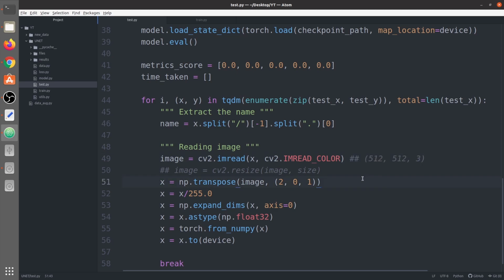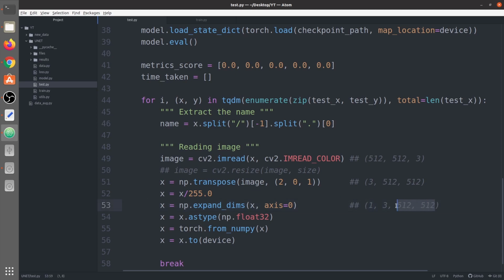Here it is converted to channel first approach, so here it is 3 by 512 by 512. Then here again, let me just copy this here. Now we add a dimension at the 0th axis, because we give images in the batch only and there's only one image.